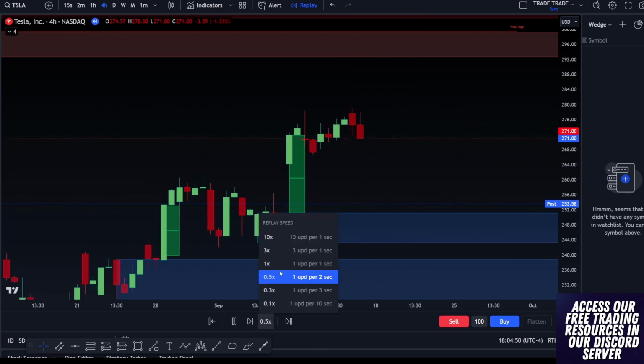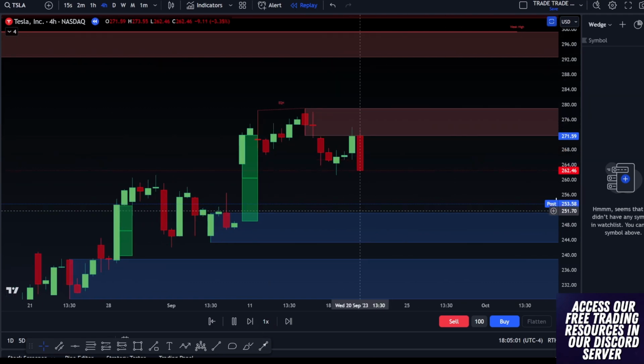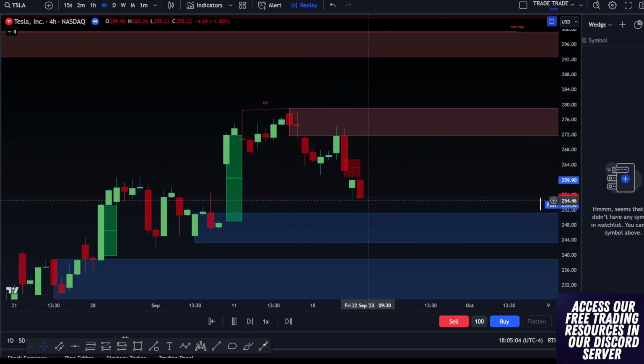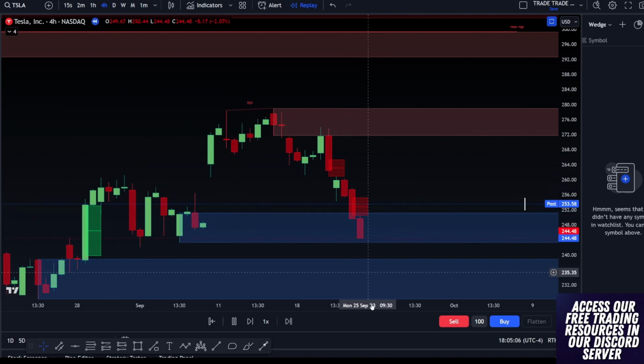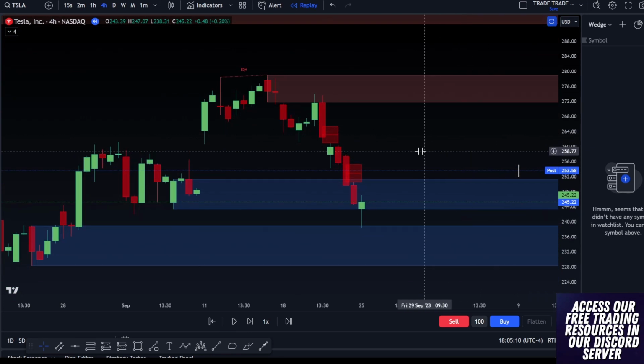I have to speed this up a little bit. Boom. So as we get this drop, that big bearish order block comes through. We know that there's a support down here at 251, big drop, bearish fair value gap. Okay, so now what's happening here, right? I don't even know what's going to actually occur.